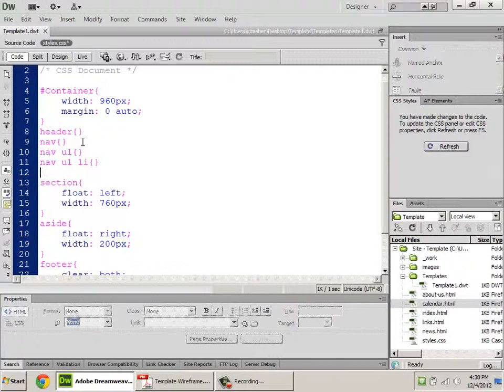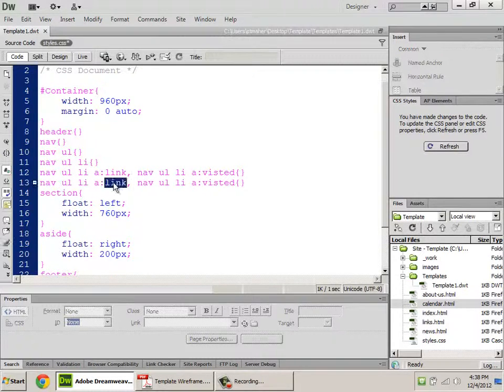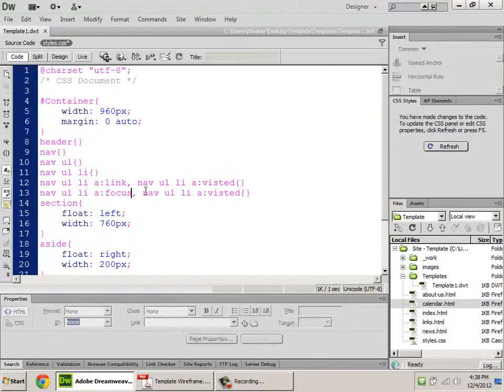I need to select all the list items that are in there. I need to select all of the A tags, but not just the A tags. I need to select them in their different states, which is going to be a link and a visited for the first one. And then the last one, we have to do a focus,